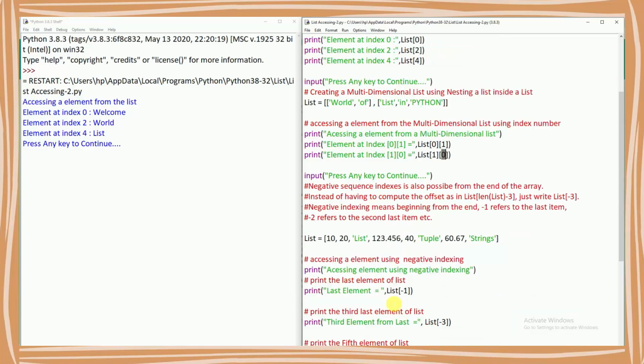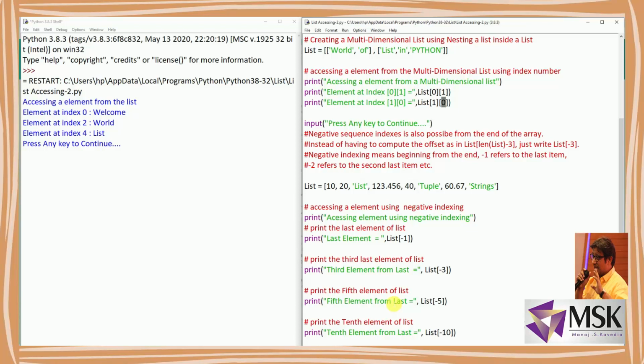Now in a list I can give negative indexing also, like a string. To access the last element I have to give -1. To access the third element from the last I have to give -3. Same way the fifth element from the last is -5, and the tenth element from the last is -10. So let's continue the program and see the output.